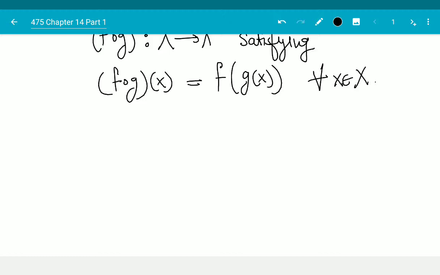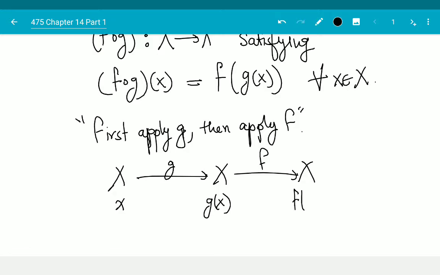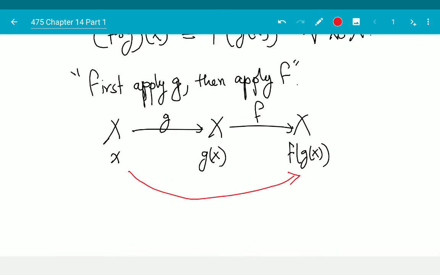Okay, so what am I doing? First apply g, then apply f. Okay, so what is going on in terms of diagrams? Well, g happens first, then f happens. Okay, and I am sending x to g of x, and then f of g of x, and this total map is denoted